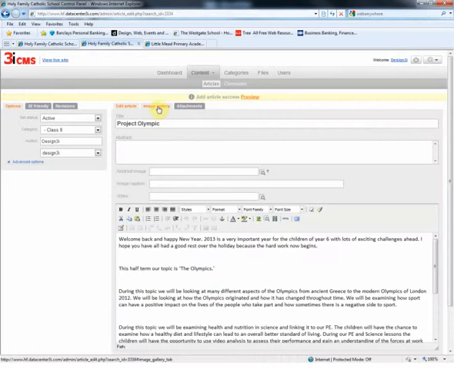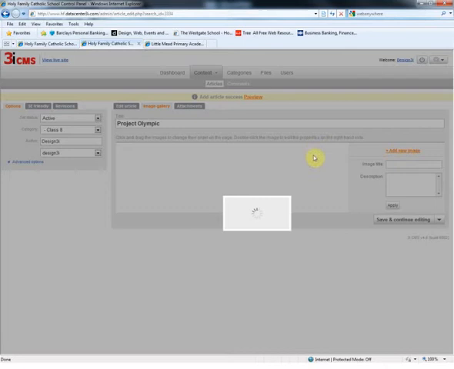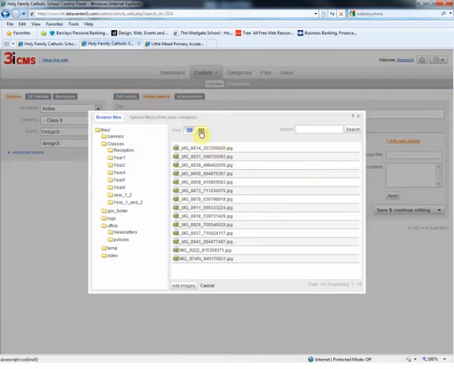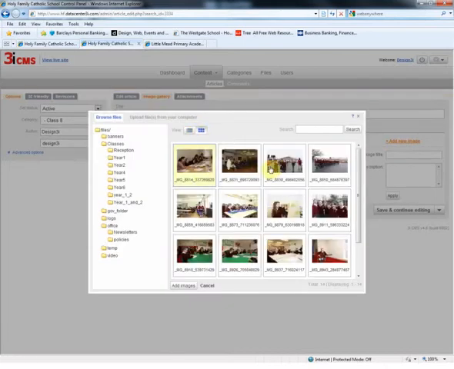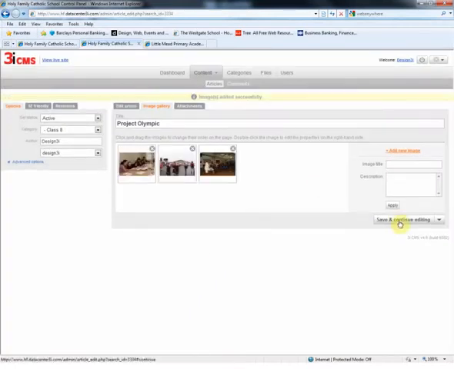Okay, if I want to add some images now, very quickly I can go on, upload from my computer. I will take that. We'll just take these two actually, now 3. Add those images, save and continue editing. I'm probably doing a lot here all at once, but if we go back now to